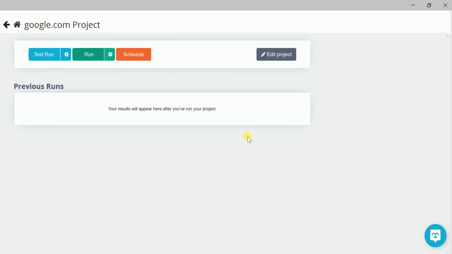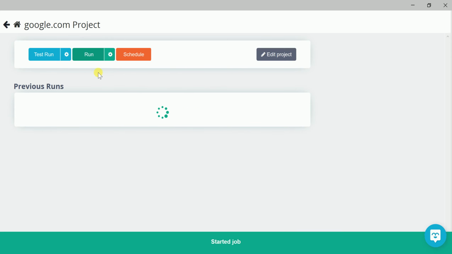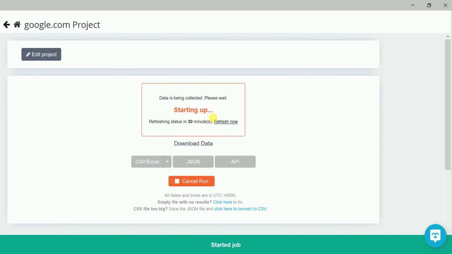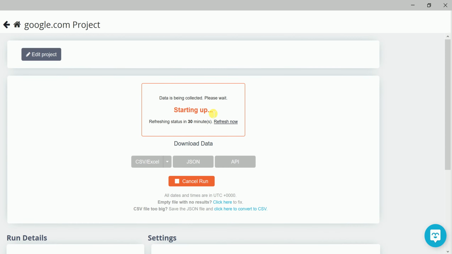It takes a little bit of time. Yes, it's started. Once it is done, it will be highlighted in green color. Once you click here, you will be able to export this file.